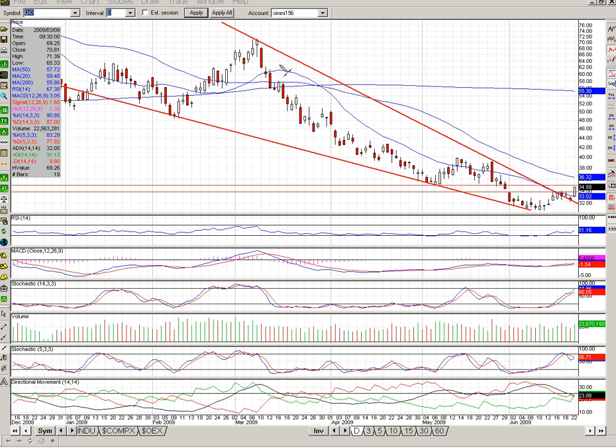We have a nice falling wedge pattern here, which we did break out of today, but we are around an area of resistance right around here from this swing low. So we're going to take a look at the upside, and we also do have an area of support around 34. We do have a nice volume that started to come in, possibly another big volume day tomorrow. Stochastics aren't in the overbought yet, and we do have the RSI turning up. I do think we might get a consolidation day here before we do move up and test this 50 period